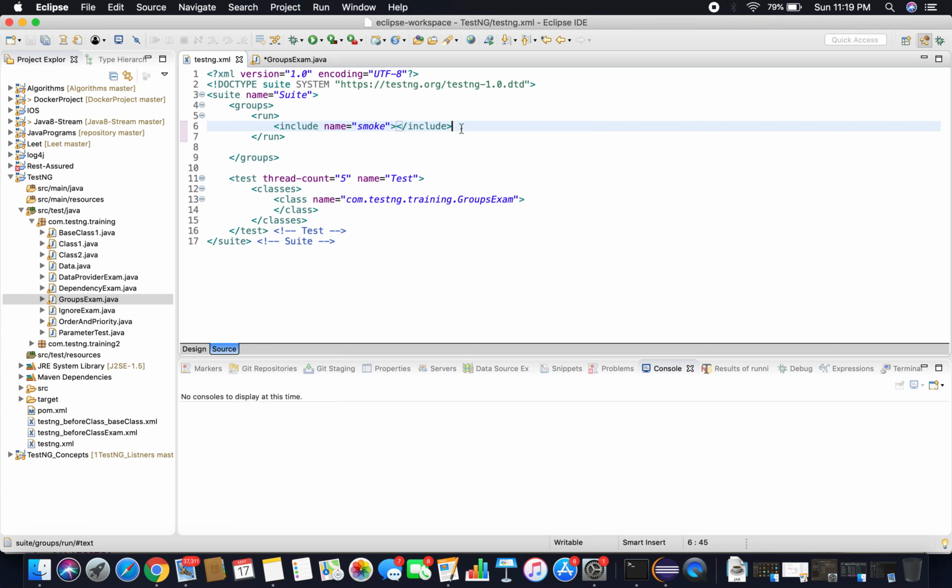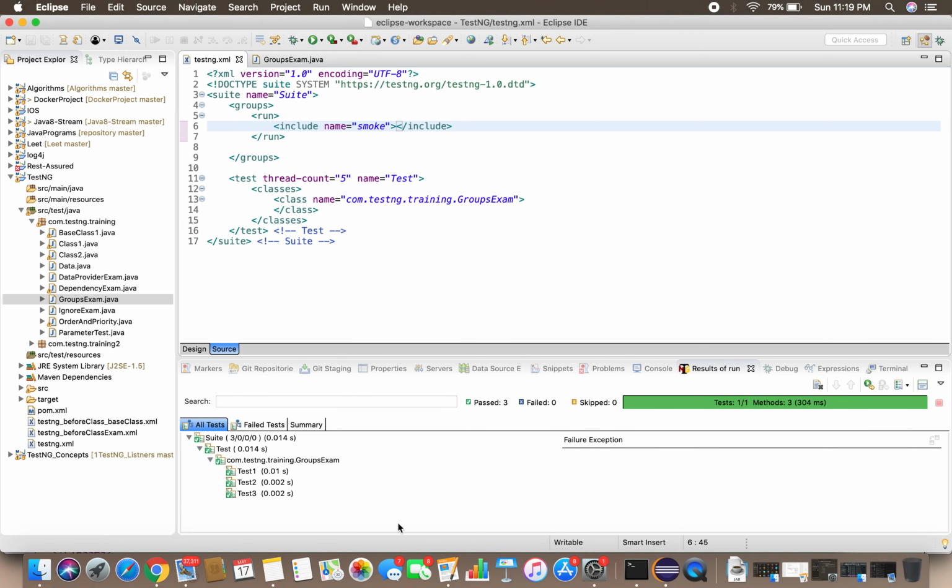And let me run this TestNG suite and see test1, test2 and test3. Three tests are executed. If you look at them, see, test1 is executed. It prints this is a smoke and sanity. This is what I am printing under test1. And test2, this is just a smoke, and test3, this is smoke plus regression. If you see, all the test cases which are part of the smoke are executed.